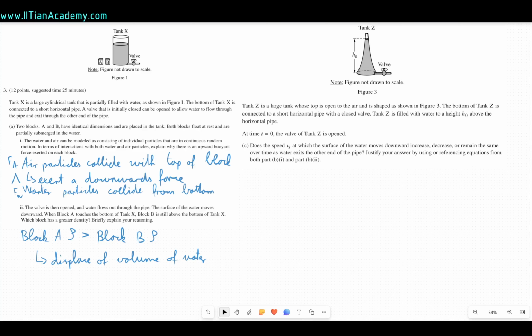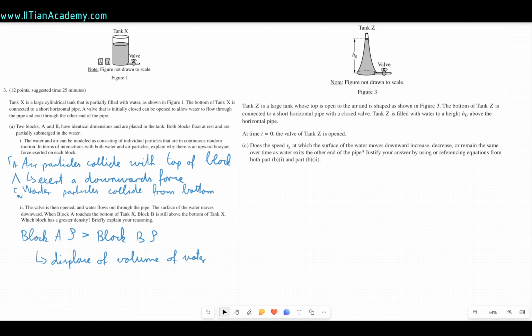So in part C, we have this new tank Z, which has a top open and it has this shape. We're told the bottom of tank Z is connected to a short horizontal pipe with a closed valve, and it is again filled with water to a height of H0 above the horizontal pipe. And we are told at the start we open this pipe, and the question states that we need to see